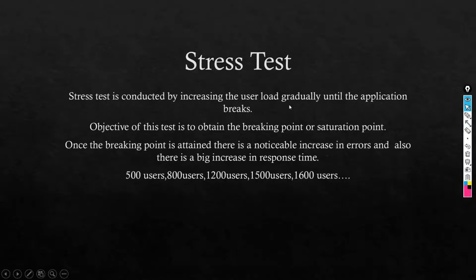stress test. So stress test is conducted by increasing the user load gradually until the application breaks. Okay, I'll give you one example. Let's say that there is a restaurant, and there are 5 tables.